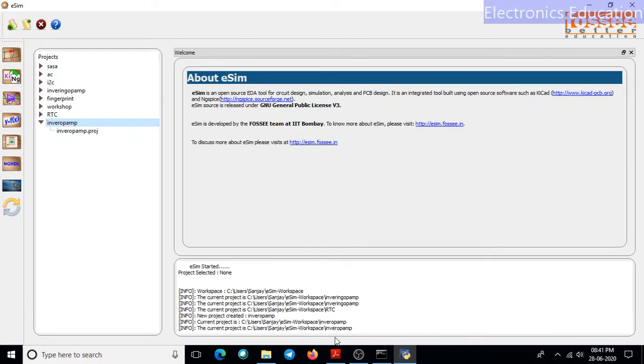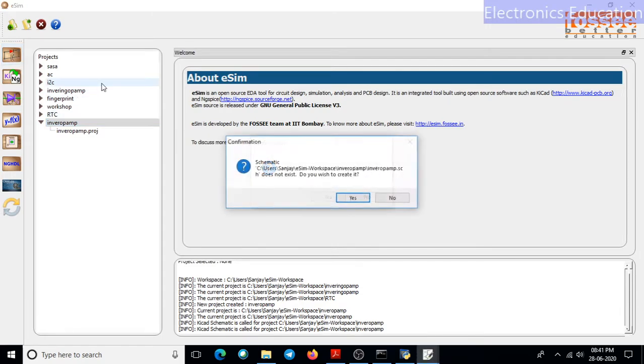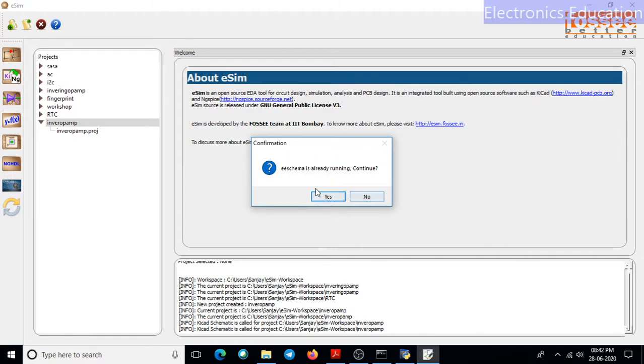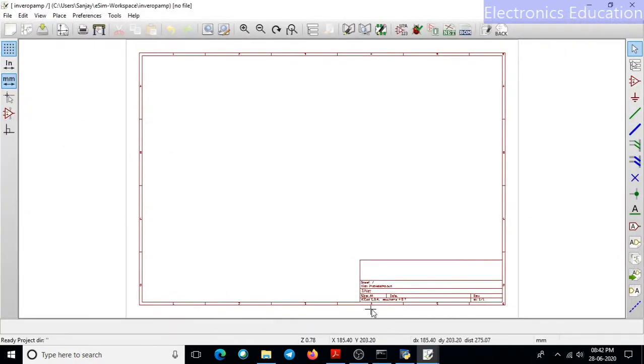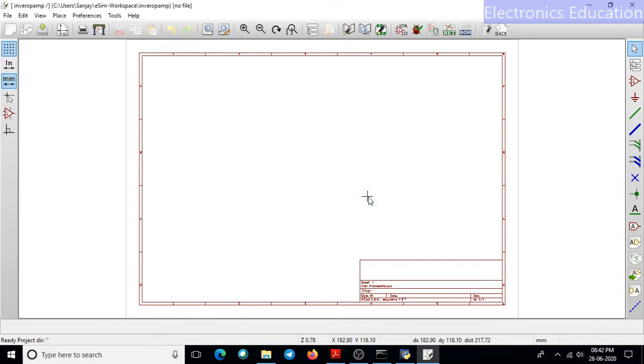Now when this project is selected, I will come here and click this button. It shows open schematic. By clicking this, a schematic window will open. Before that, it will ask whether to create the schematic. Say yes. I have clicked it two times, so it is showing that it is already open. So I will click no here.